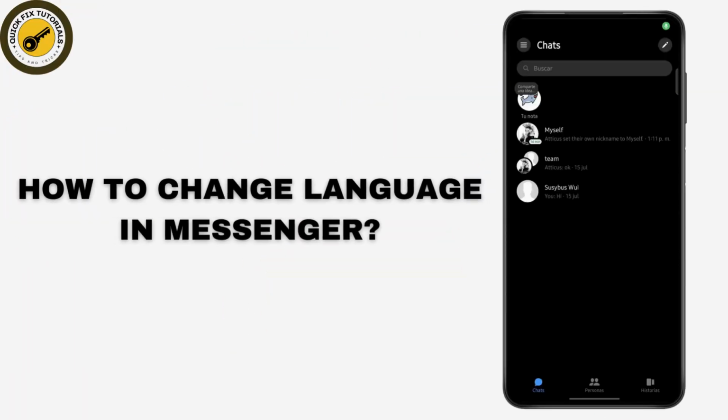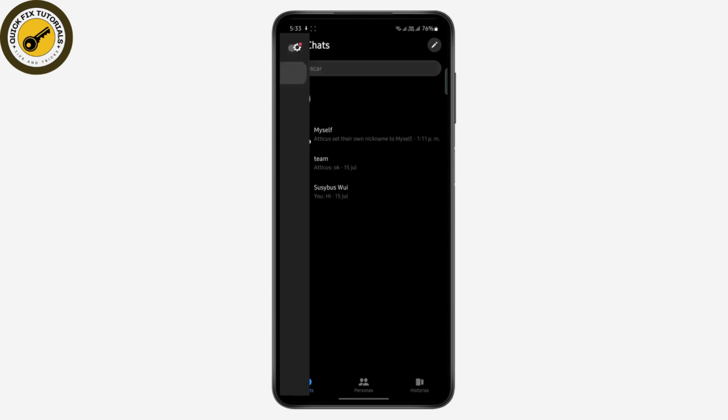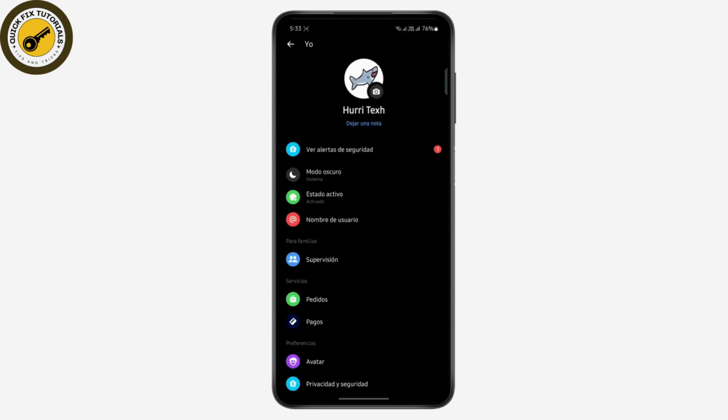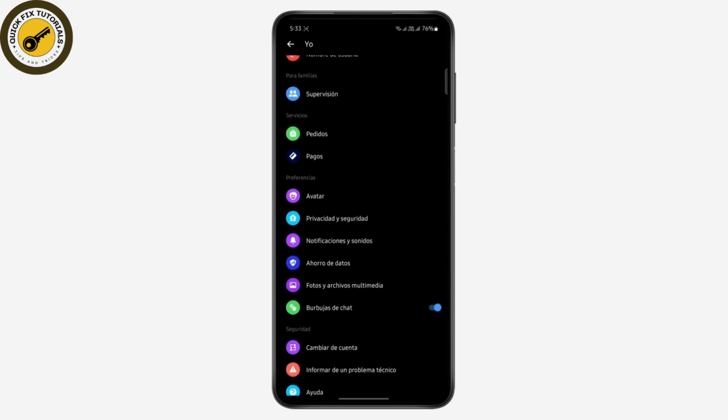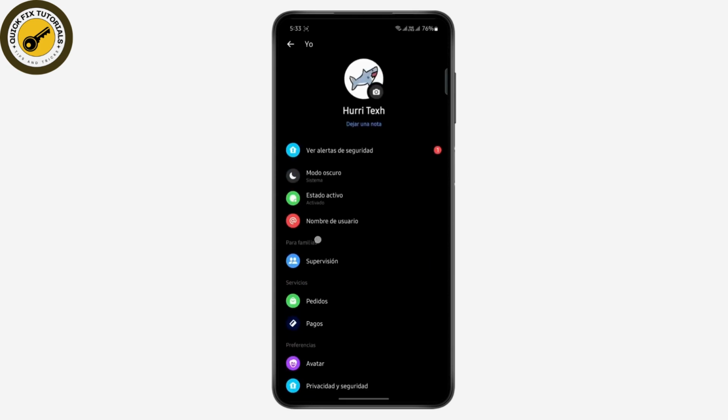How to change language in your Messenger app. So first of all, you'll have to open Messenger, and as you can see, language here right now is Spanish, so I have changed my language to Spanish. So if I want to change it back to English,